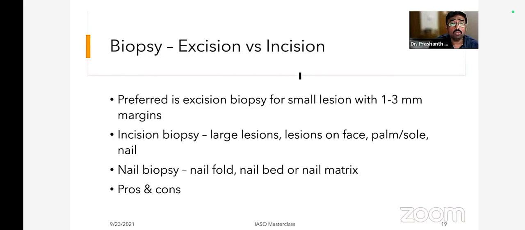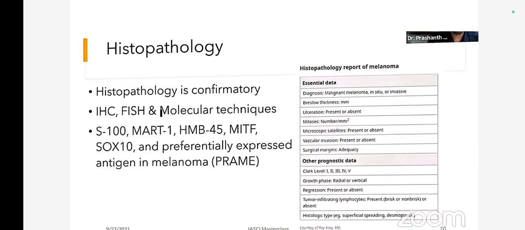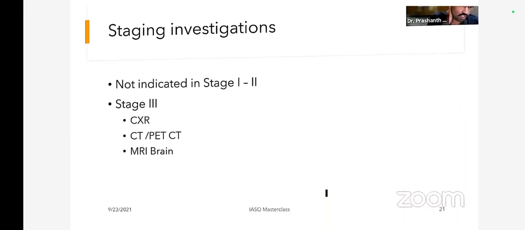ठीक है, तो बायोप्सी एक्सीजन वर्सेस इंसीजन तो तुमने ऑलरेडी बताया है। एक्सीजन बायोप्सी 1 to 3 mm मार्जिन के लिए लेते हैं, बहुत ही स्मॉल लीजन से। इंसीशनल बायोप्सी यूजुअली प्रेफर करते हैं लार्ज लीजन्स के लिए ऑन फेस, पाम एंड सोल एंड नेल। और नेल में बायोप्सी में नेल फोल्ड, नेल बेड या नेल मैट्रिक्स। ठीक है, तो S100, मार्ट 1, HMB 45 और सॉक्स 10, ये सब हमको करने हैं मेलेनोमा में। ISH, फिश एंड मॉलिक्यूलर टेक्निक्स, सब कुछ टेक्निक से कर सकते हैं। तो एसेंशियल डेटा जानने की ज़रूरत है। मेलेनोमा, ब्रेस्लो थिकनेस, अल्सरेशन प्रेजेंट है कि नहीं, माइटोसिस नंबर कितना है, माइक्रोस्कोपिक सैटेलाइट्स, वस्कुलर इन्वेजन एंड एडिक्वेसी ऑफ द सर्जिकल मार्जिन, वो तुमने बता ही दिया। तो स्टेजिंग इन्वेस्टिगेशन 1 and 2 में ज़रूरत नहीं है, 3 के बाद हमको पेट स्कैन और ब्रेन MRI करवाना है।